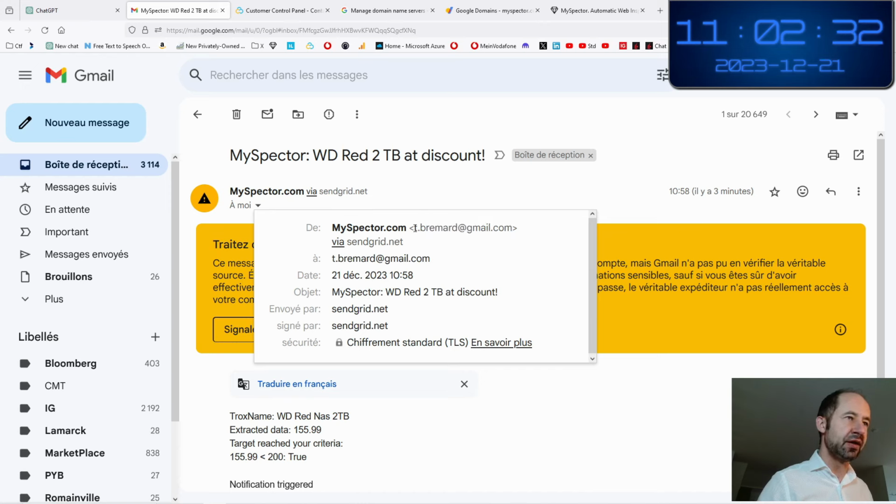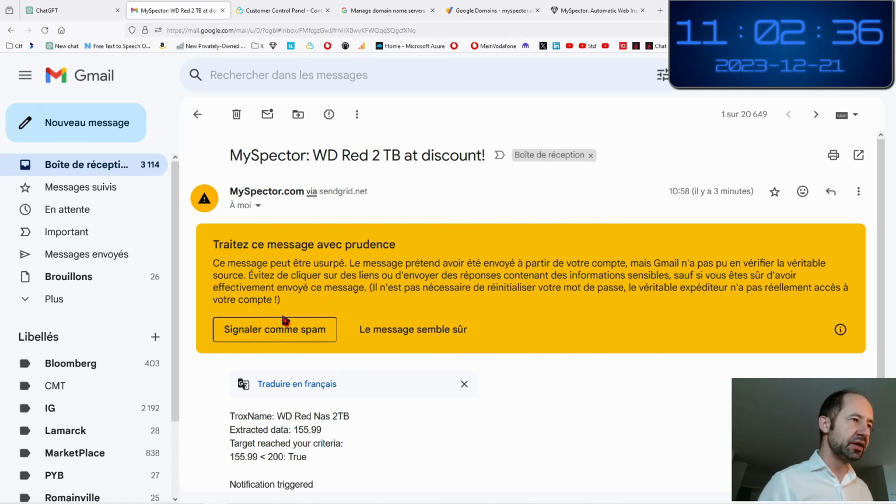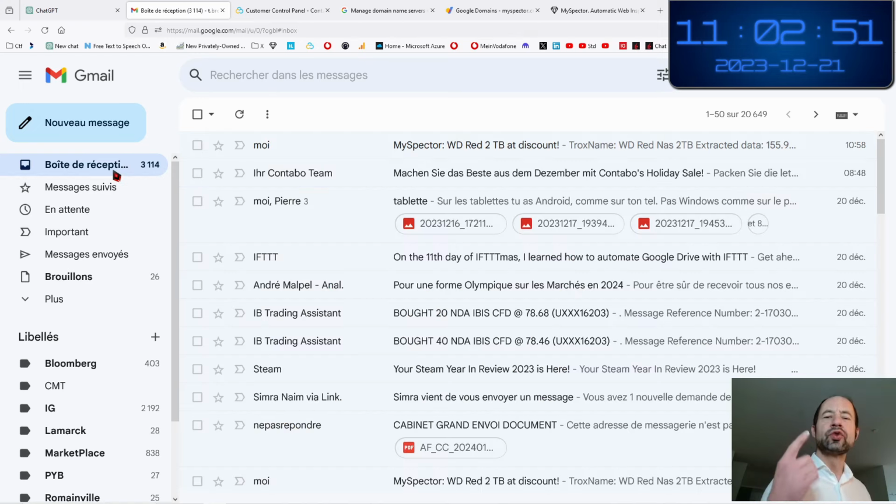This will be notify@myspector.com without any warning. You see here, there is a warning saying that this is spam. And there is specific configuration to do on the network side, on the DNS system, to make this work. So we are going to do it together to make this work.